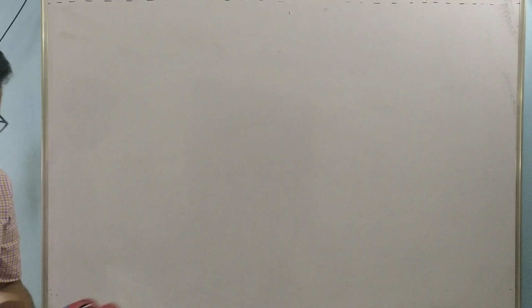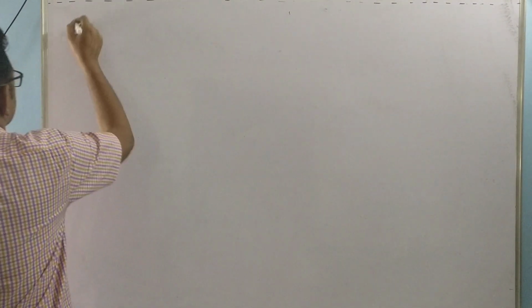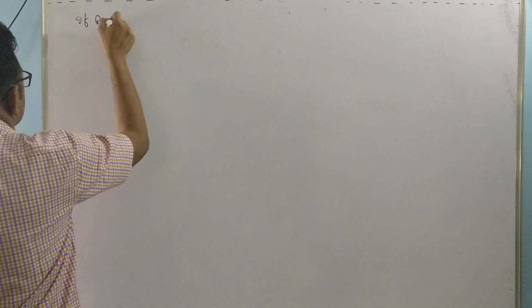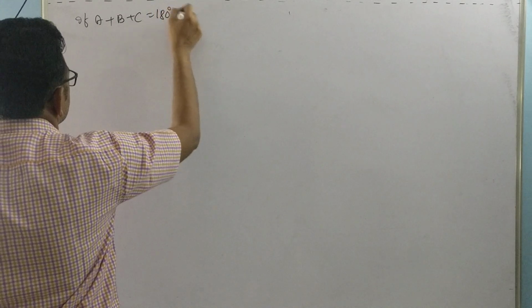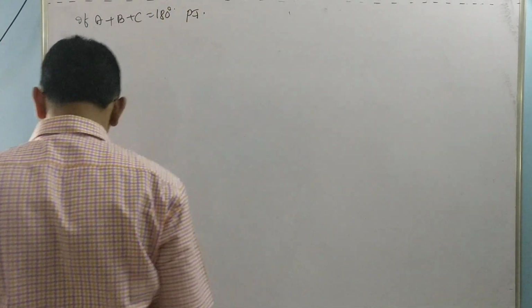Next one, if A plus B plus C is equal to pi, which means 180 degrees, then prove that